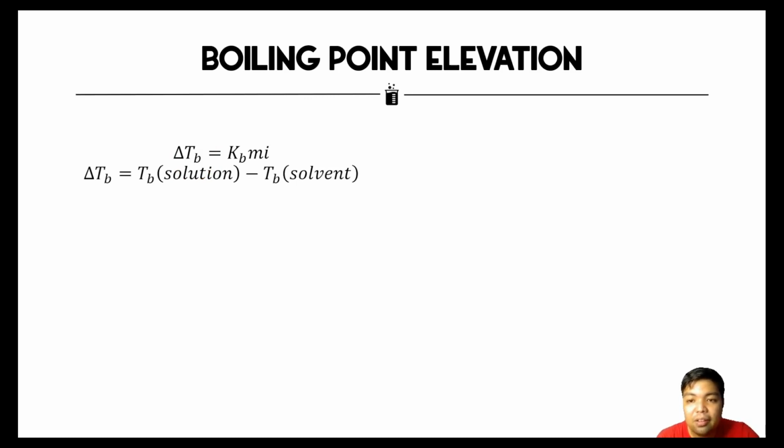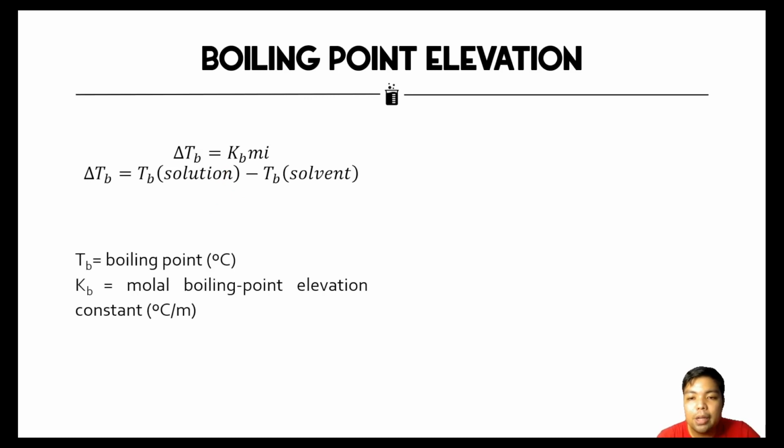So since the solution has a higher boiling point compared to the solvent, so that delta TB will not be negative, for the change in boiling point, your minuend will be the boiling point of your solution and the subtrahend will be the boiling point of your solvent. So to show here, and your Kb is what we call the molal boiling point elevation constant, which is